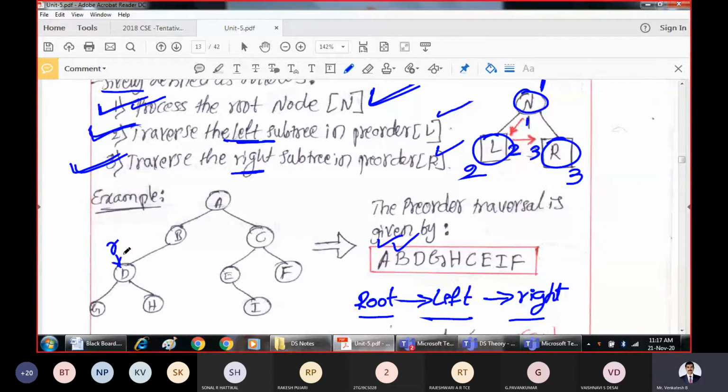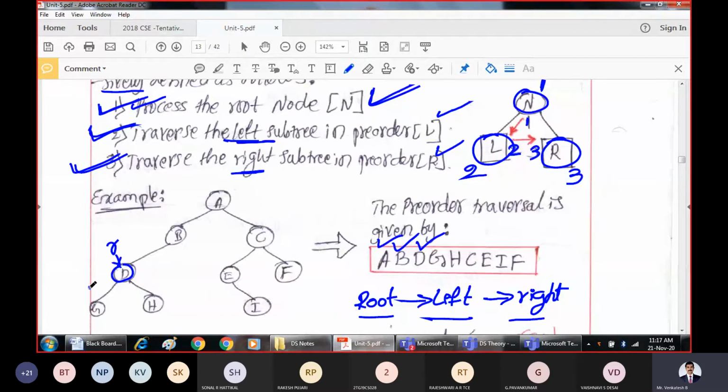Whenever you are present at a root node, apply the rule. What is that? Root, left, right. So first process the root and print it. What is the next value to be printed? D will get printed. Now whenever you process the root, what is the procedure? Go to the left subtree. Why should I not go to the right subtree? Because the procedure says root, left, right.